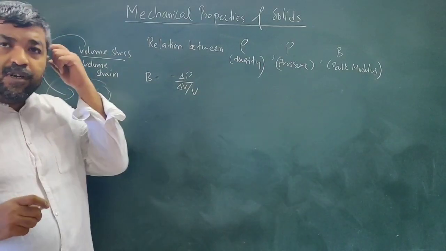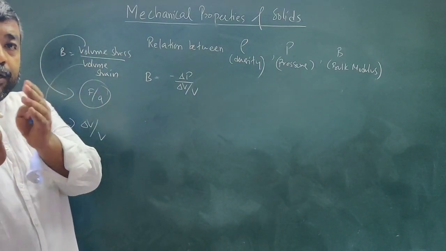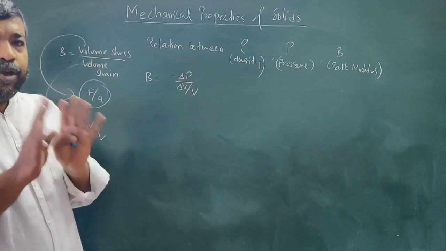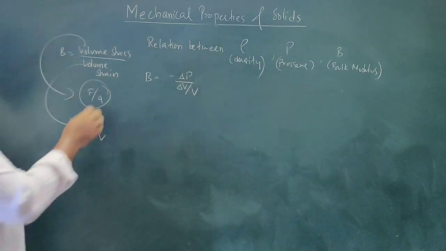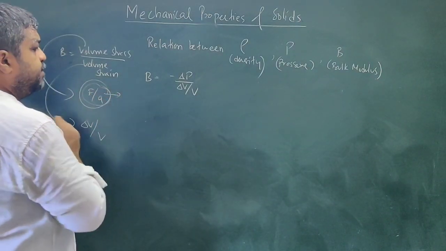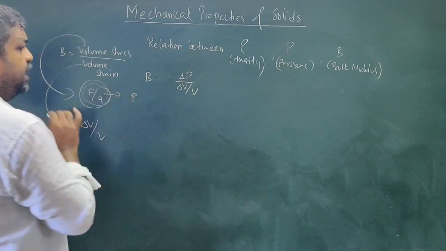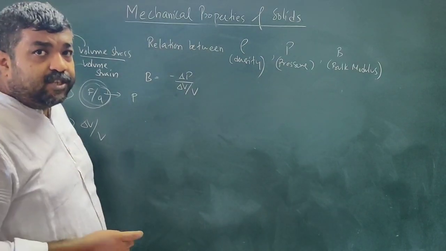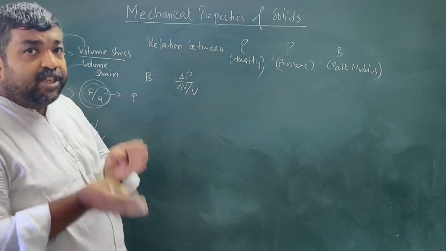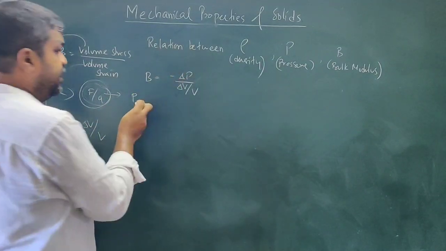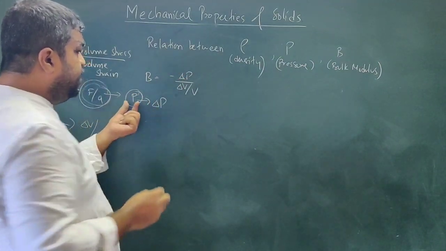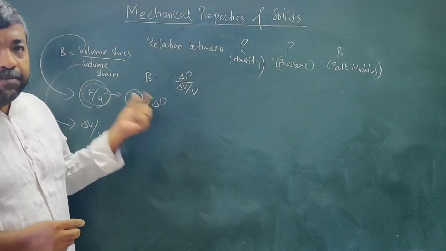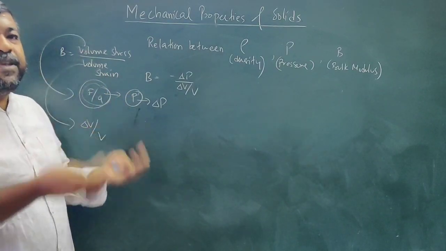Now force per unit area, bulk modulus normally we define for liquids and gases, that is fluids. It is also defined for solids, but normally for fluids. Now for fluids, this force per unit area can be represented by pressure. So I am writing delta P. Why delta P? Because delta V represents change in volume, and whenever there is a change in volume, there will be a change in pressure. So this pressure represents the change in pressure. That is why instead of P I am writing delta P. In some books they write P, in some books they write delta P, but with reference to bulk modulus, it means the same.